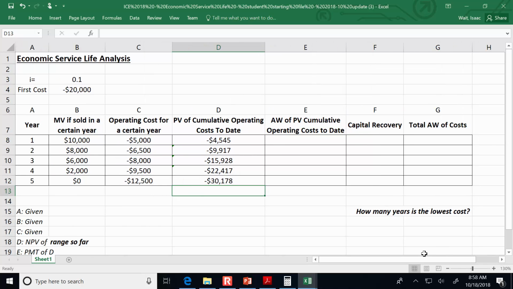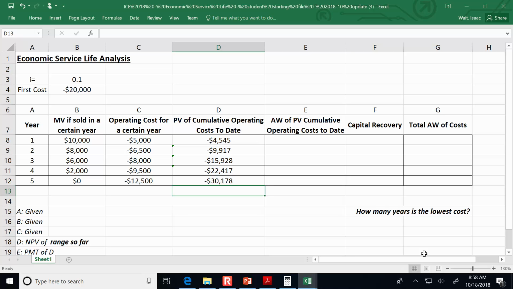Okay, is everybody with me so far and filled out column D? So let's take another look at what that title is. It's the present worth of the cumulative operating costs to date. Just as an illustration, if we keep it for 3 years, then we want to take all of those operating costs back to the present. So if we keep it for 3 years, then we've got operating costs of